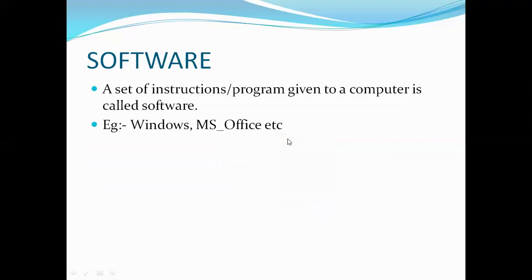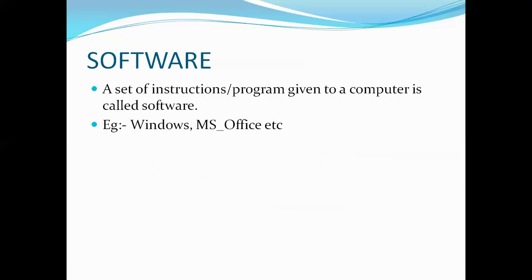Next is software. Software is a program that you can say does not exist in the real world. That is not a tangible part, means you cannot say that this is software. You only run the program, you only run the software, you only use the software. Clear? For example, you are using Windows, you are using any other operating system, like in previous classes you have used Linux, you are using Office, Microsoft PowerPoint, Word, Excel. All these are the software, but you cannot extract a software and say that this is a software.